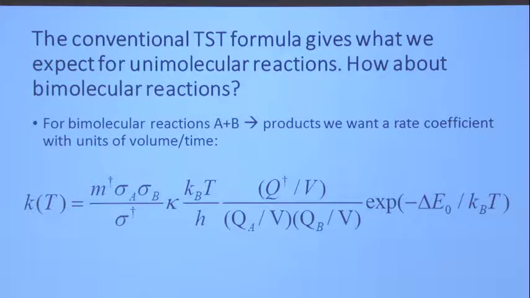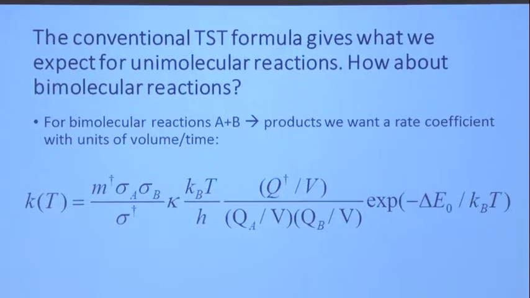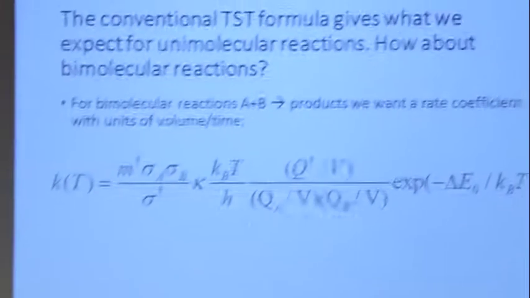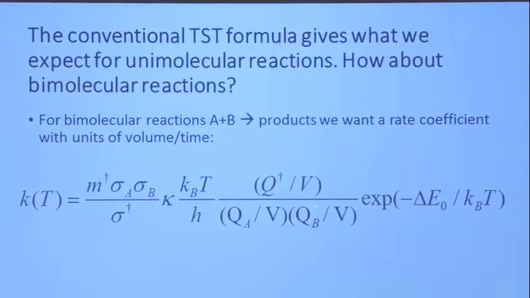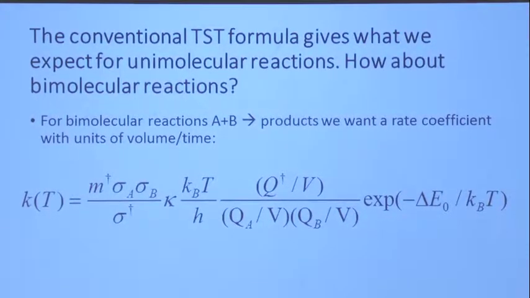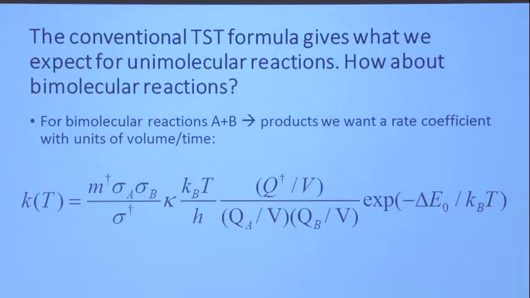Remove them all, and now all your Q's will have units of per volume. These Q over V factors, all units of per volume. And if you put those in, then you get everything right. So that's what you should do. And here's the energy difference, zero-point corrected. Here's the Q's over V. This is our kT over h. And here's some extra factors in the beginning. I'll tell you about these guys.